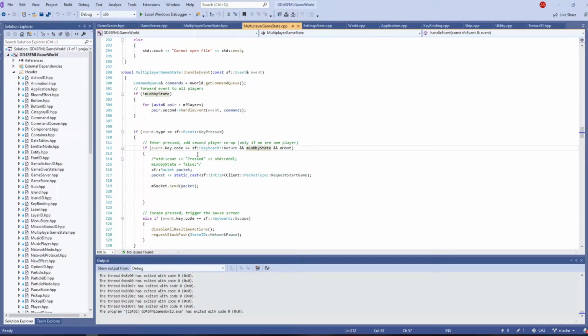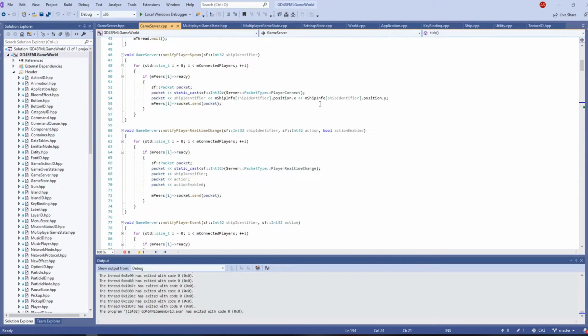So this press enter will only work on the lobby state while the lobby state is true, and then if the client itself is the host, it will send the server a network protocol packet, a packet type request start game. Now this is a new network protocol, so request start game doesn't really take any parameter. It just tells, okay, the host wants to start the game. Now in the game server,